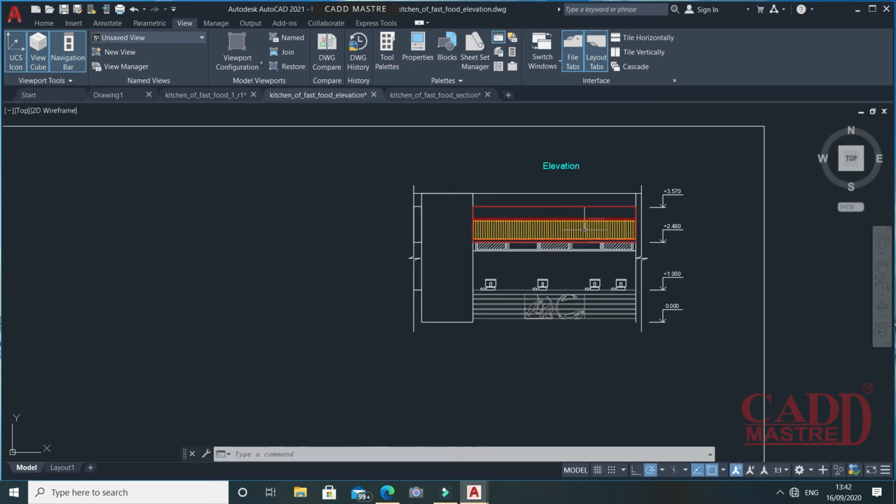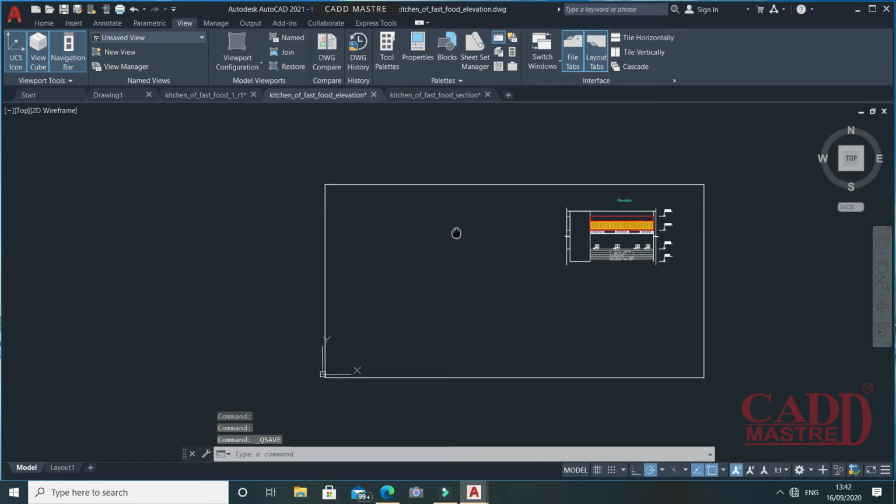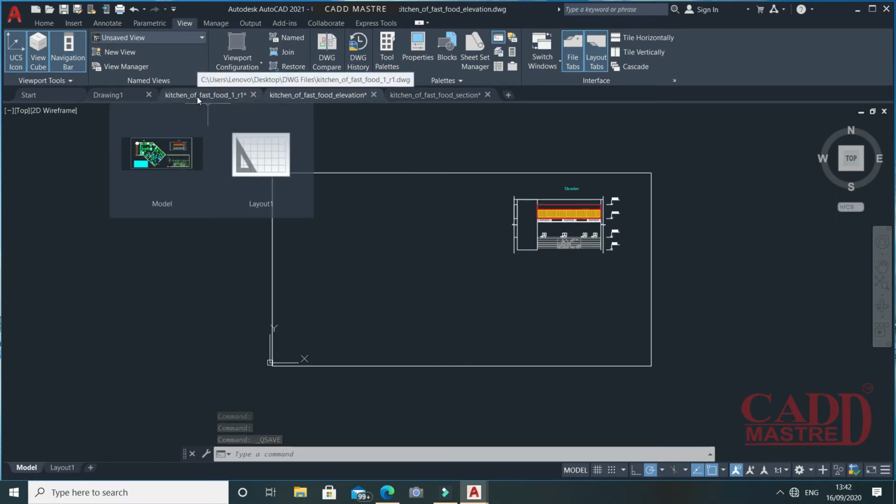Once I finish with the changes made in the reference drawing, I'll save the drawing. Now I'll open the main drawing.